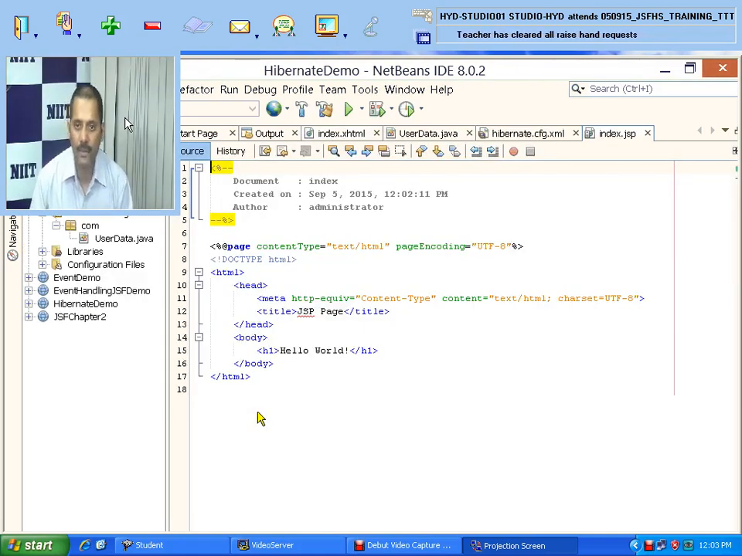No, definitely it should display the Hibernate framework. Please check. I think that the proper installation has not happened, or maybe